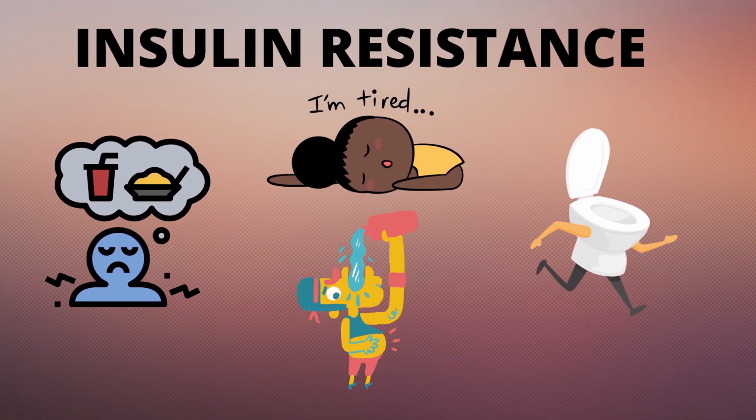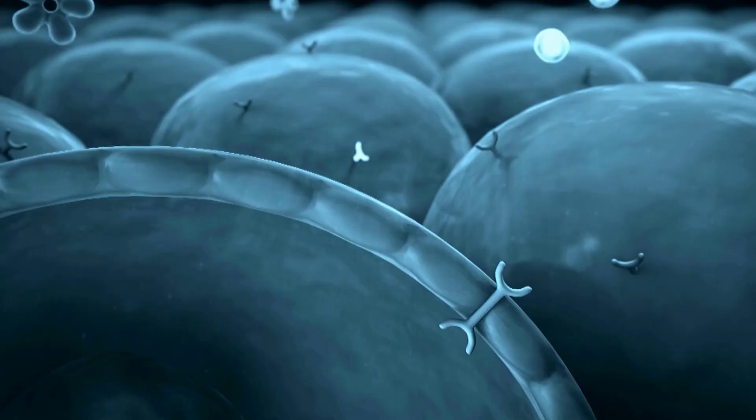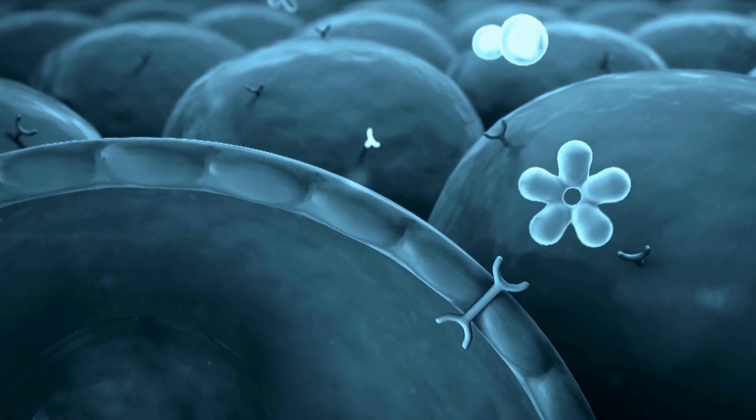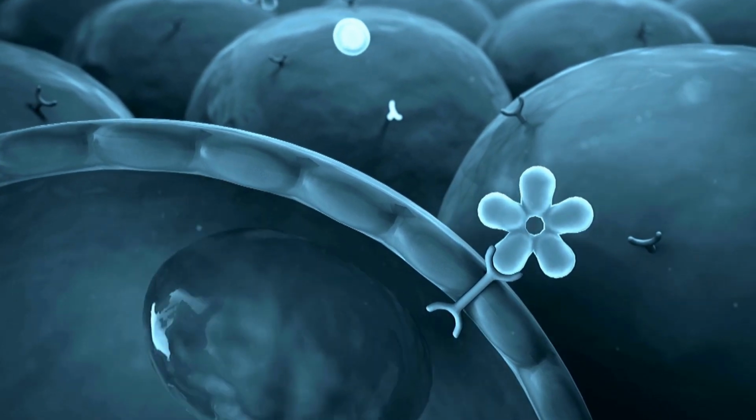When we are insulin resistant, think of the lock and key system, where the lock is the cell and the key is insulin, which opens the door to our bloodstream. For sugars to go in becomes inefficient, and this happens over a prolonged period of overconsumption of refined carbohydrates. So the carbohydrates can't enter the cell anymore, so they get stored as visceral fat, which is